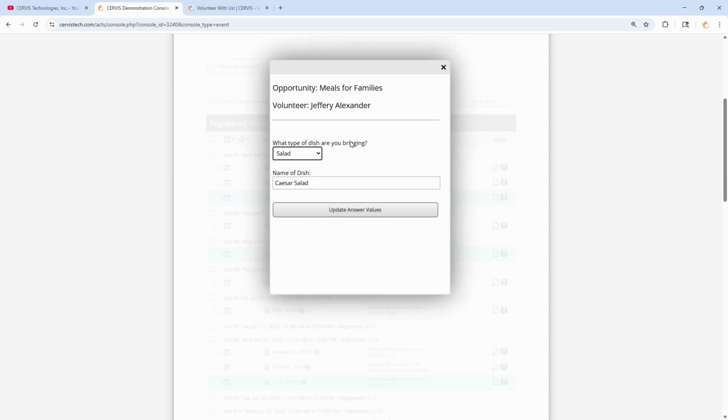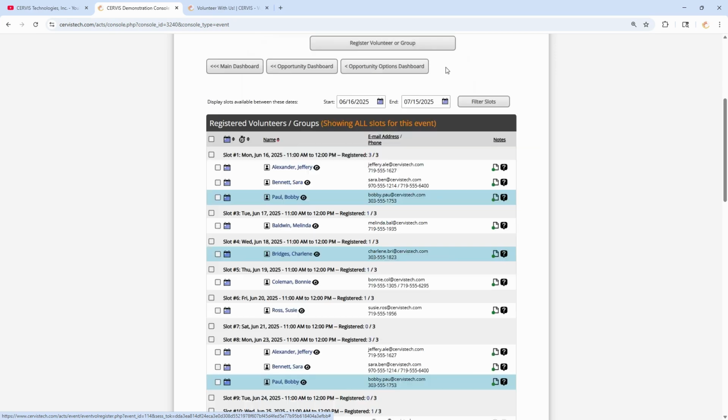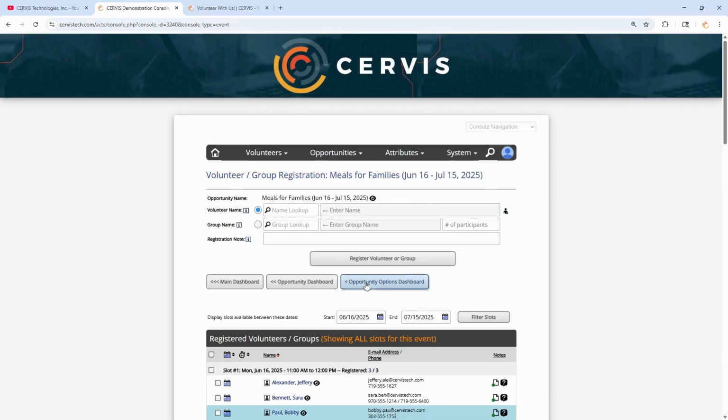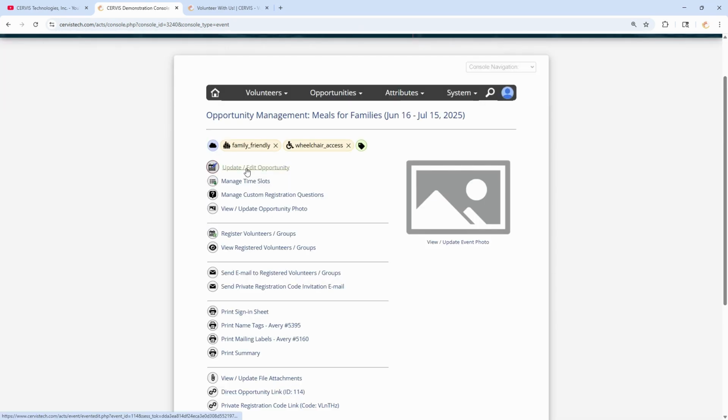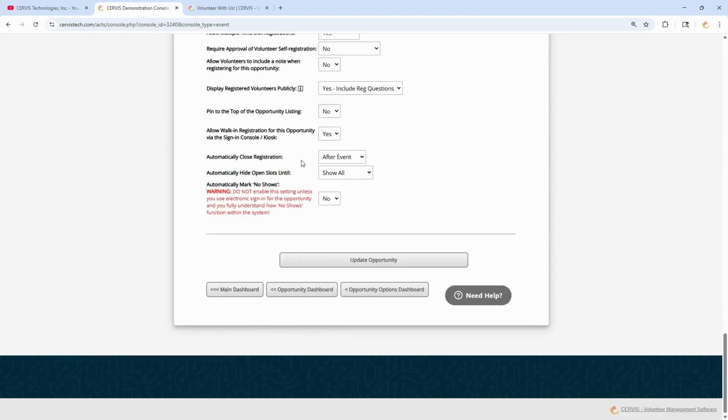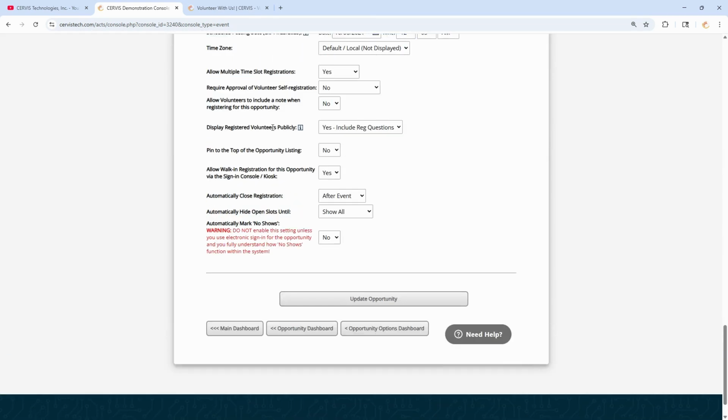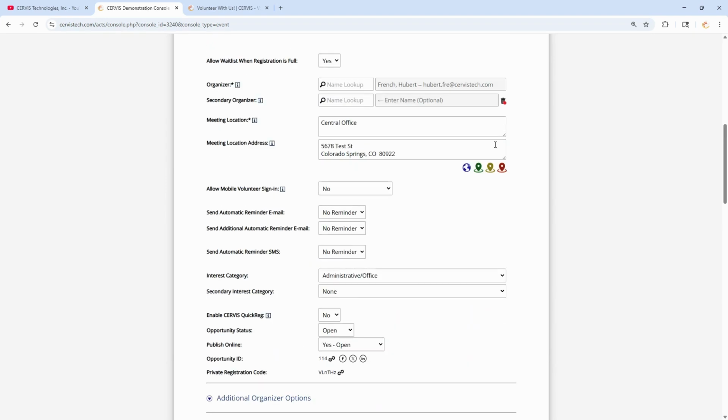The primary function I'm using this for in this context is displaying this data to volunteers. This is not something you would normally want to do for most of your events, but you do have an option on any event to display registered volunteers publicly. You can see for this event, I've said yes and include those custom registration questions. There are other options to not include that, or to not display publicly, which is the default, or to include registration notes instead. But in this case, I want people to see what the person ahead of them signed up for and what they said they're bringing,